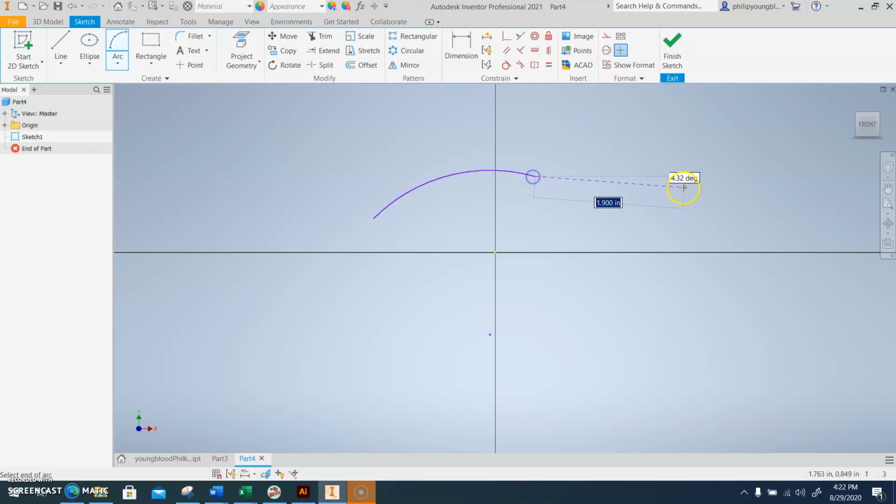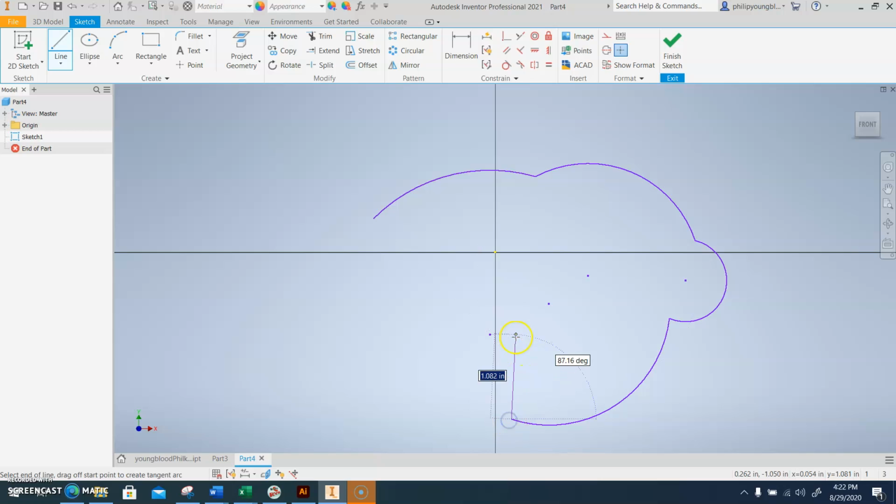I don't have anything in mind here, but you could do lines, you could do arcs. Again, the dimensions of that would start getting kind of interesting, but just try to keep in that same range